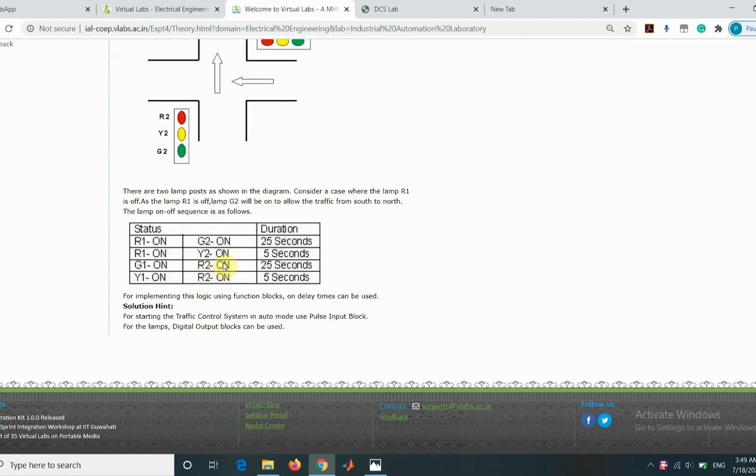Then afterwards yellow light turns off and red light turns on lamp post 2 for a total of 30 seconds, and at the same time on lamppost 1 green light is on for 25 seconds and yellow light is on for 5 seconds. So in short, for a single lamppost, green light is on for 25 seconds, yellow light is on for 5 seconds, and red is on for 30 seconds. This process will continue to repeat itself, and on the simulator we will simulate only a single lamppost containing red, green and yellow light. Now let us understand the circuit.